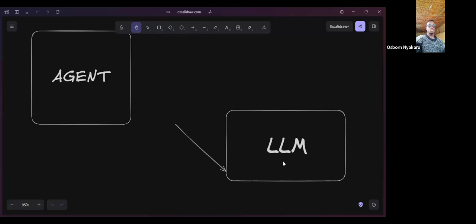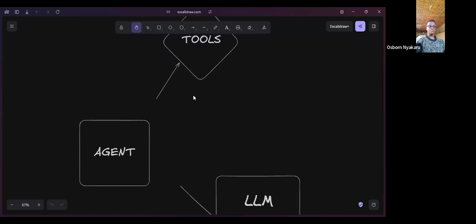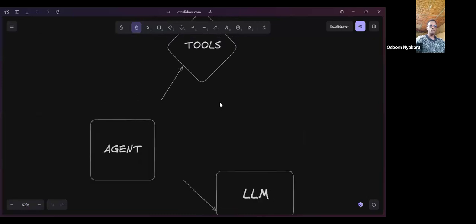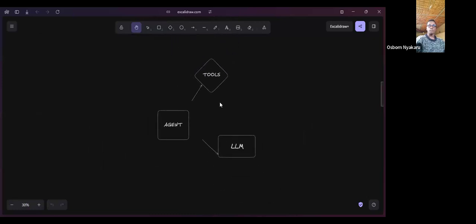So for an agent to have agency and to affect changes in the outside world, you connect it with tools. So you have tools. Once a user interacts with these three things, you have an agentic system.